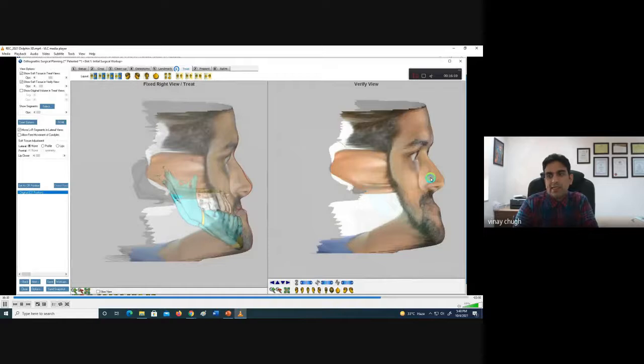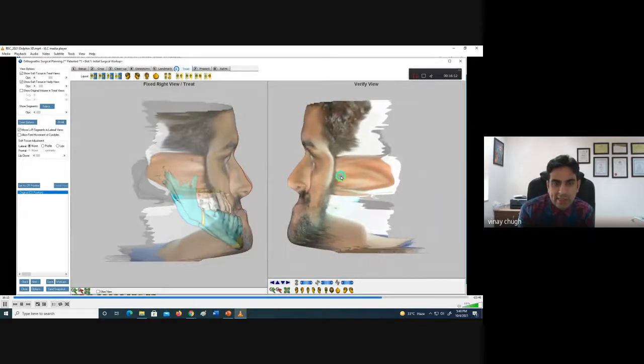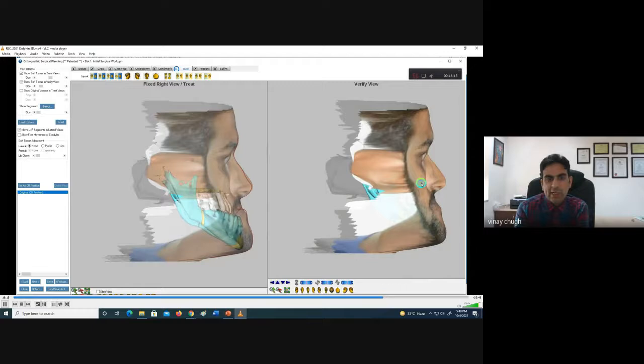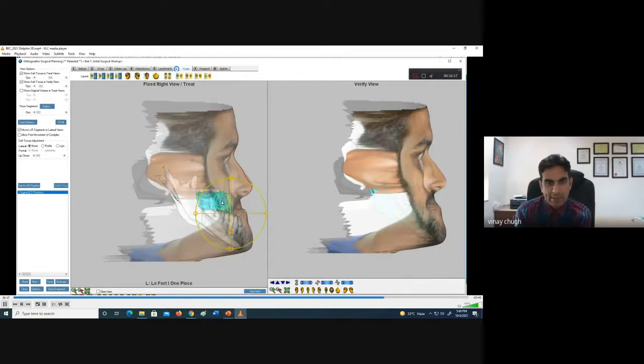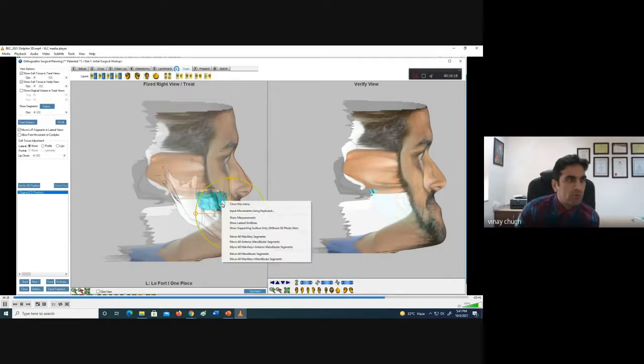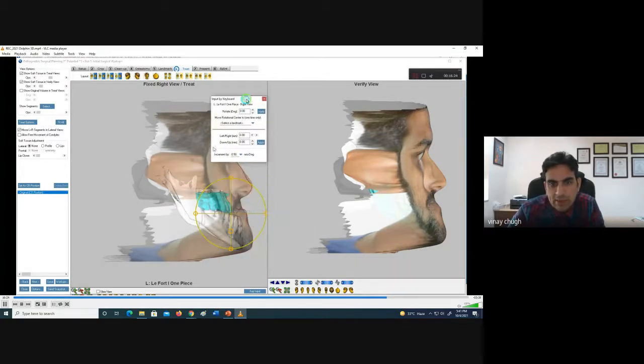Now you can see that the CT cuts which we have made already are integrated into this maxilla part. Now the software allows us to move the segments. You can just simply enlarge this, or place some values over here. Like I want to advance the maxilla by say 7 millimeters or 8 millimeters. So I'll just put in this value and your maxilla is advancing. And look at the soft tissue. Because we have marked the soft tissue landmarks, the soft tissue is moving accordingly.